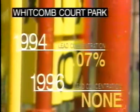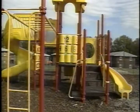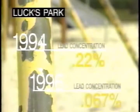At Wickham Court, which is actually maintained by the Housing Authority, we saw another significant drop. But those parks have fancy new equipment. Lux Field isn't as lucky. Our reading there dropped from 0.22 to 0.067, an improvement, but still above federal standards. The Rec Department's interim director promises that will change. "We've removed those swings, and we've submitted a capital budget request for 97-98 to provide all new equipment at Lux